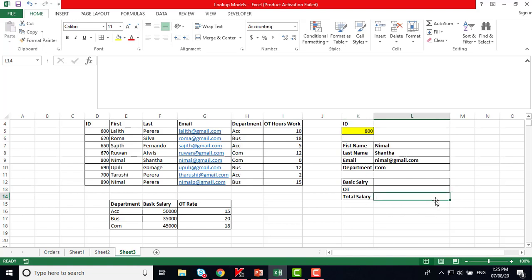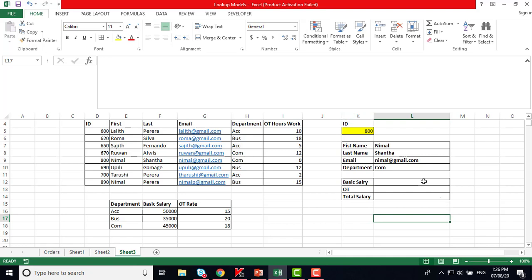So first we can apply that internal formula, that is, basic salary plus OT. We can use the auto sum command and then highlight these two particular cells, right? By entering that we can get the result, and also make sure these are values, then use the 2 decimals command and format that. That will show beautiful formatting of the value. So now we need to calculate the basic salary and the OT by using the VLOOKUP function.